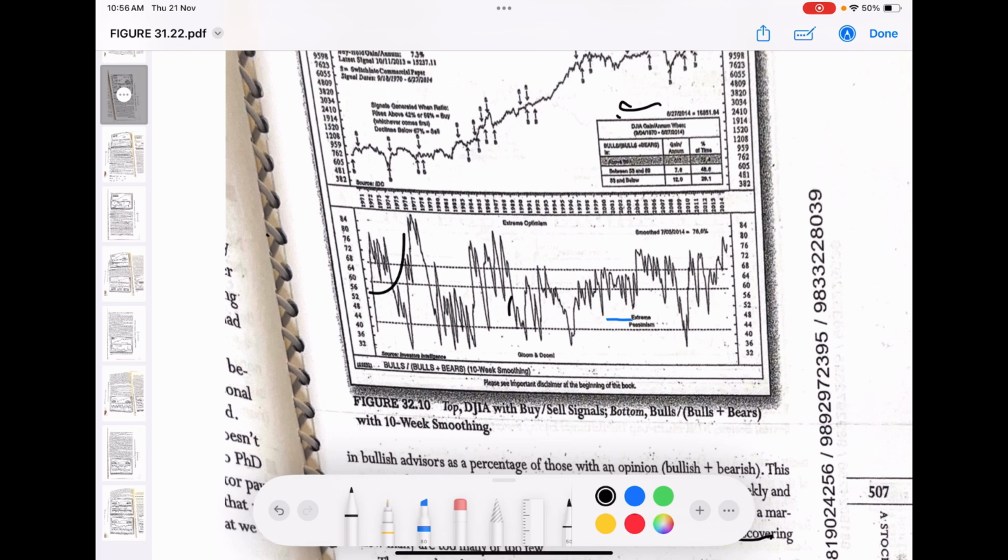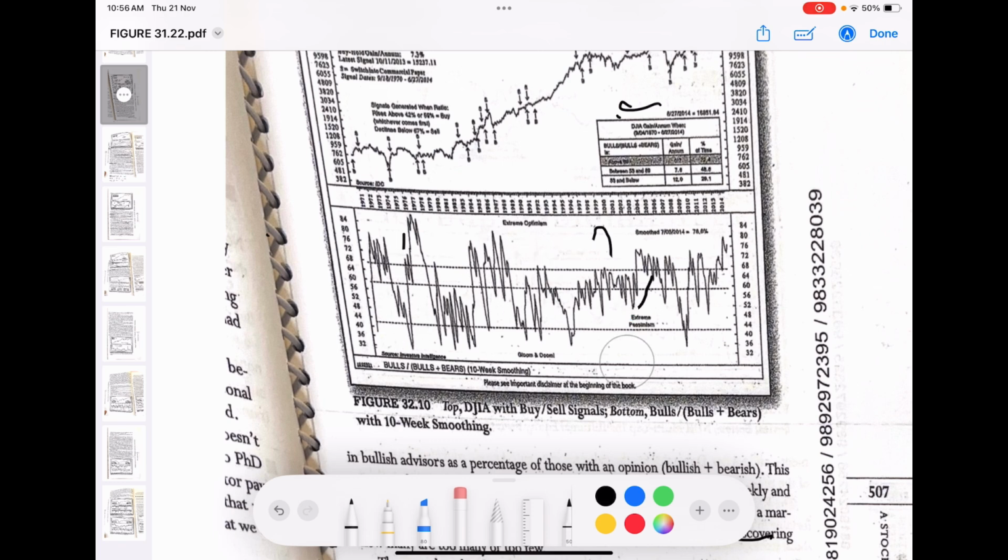Whenever the price crosses below the bottom bracket and then goes up again from here, that is also a buy signal. The third case of getting a buy signal is when the price is trending up and then comes down, going below the middle bracket without going below the bottom bracket, and again goes up through the middle bracket. That is the third buy signal. So these are the three buy signals which you need to keep in mind, and the opposite will obviously be a sell signal.